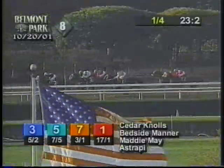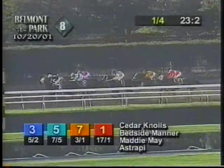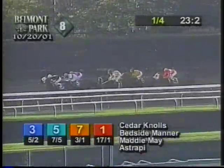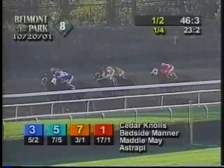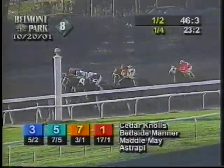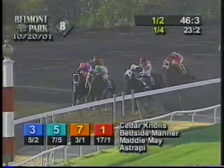On the outside, Maddie May runs in 3rd with Ostrop P still in hand. In behind the leaders 4th, Bijou is put to a drive now, mounting a bit on the outside from 5th. Intransigence is 6th, 5 lengths back to Alley Ball. Brumess has dropped back to trail the field. They're coming to the top of the stretch now, and Bedside Manor has come on through to take a narrow